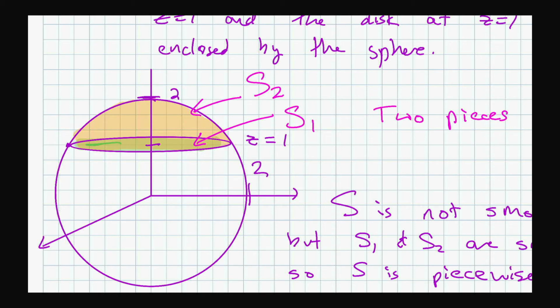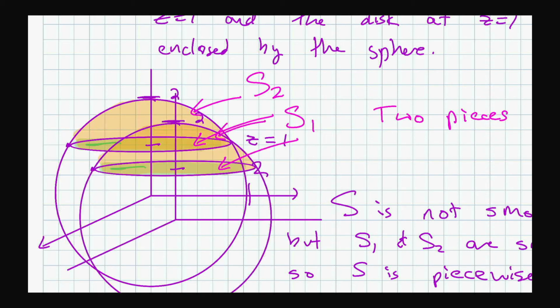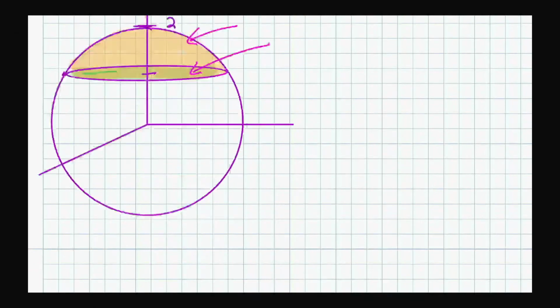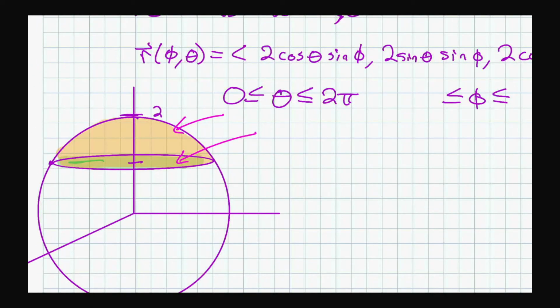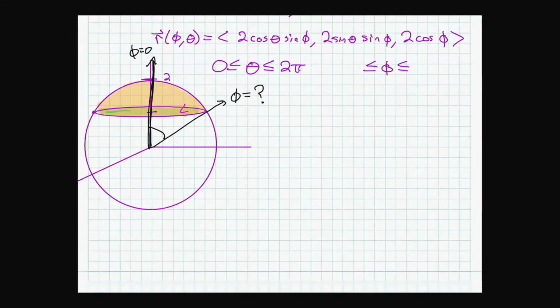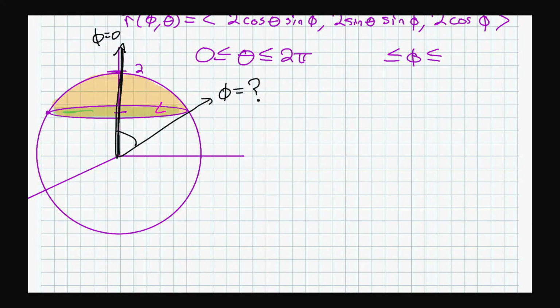So if I just duplicate this picture here and drag it down, I can't really resize it smaller, I don't think. But the problem that we have before us is this. We know that straight up is phi equals 0. But this is phi equals, I don't know. And that's what we've got to figure out, that angle right there. And it's not going to be super hard because we can do it in 2 dimensions here, right? If you just put y right here and then z right here,